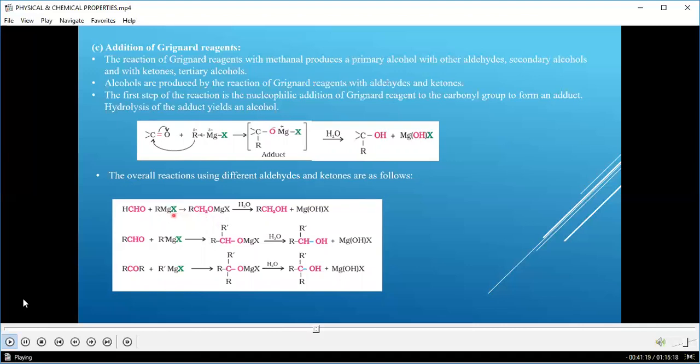Now, you need to be selective for your Grignard reagent. That is, here you will select CH3MgX. Then only you will be able to obtain here ethanol. If you want to obtain here propanol, so again your main reactant, that is formaldehyde, will remain the same. Again here the alkyl group will be changed. Here it will be CH3CH2MgX to obtain here propanol.